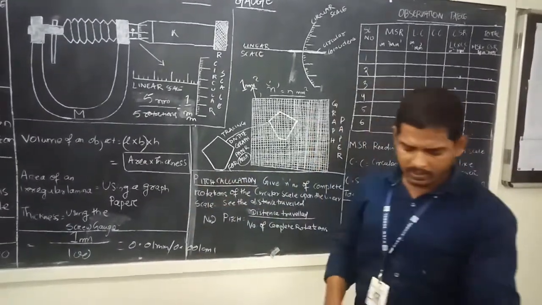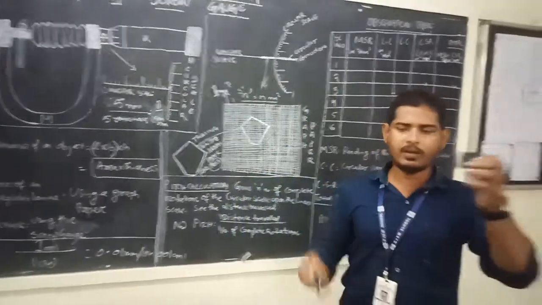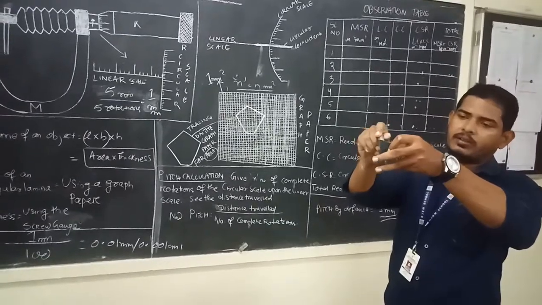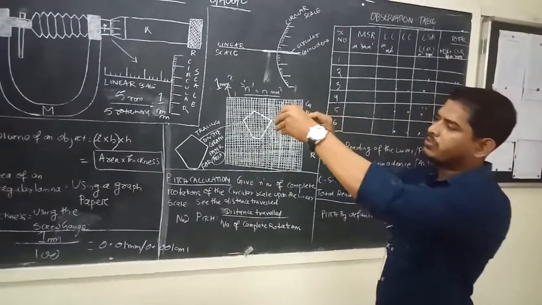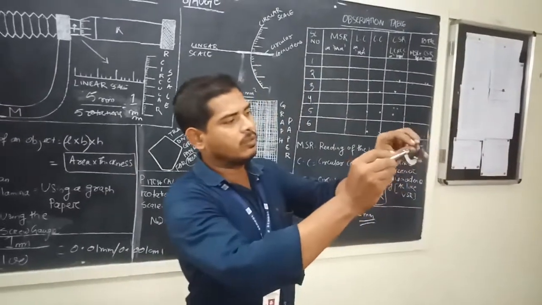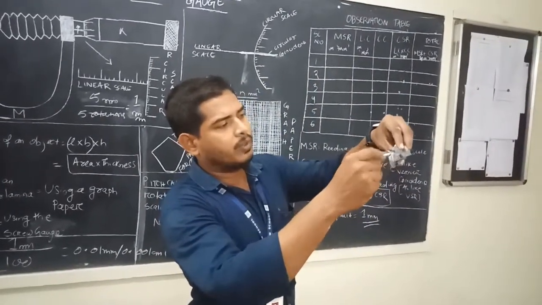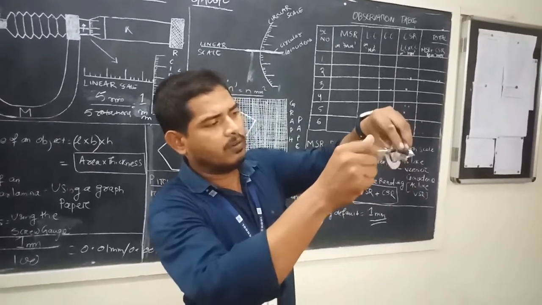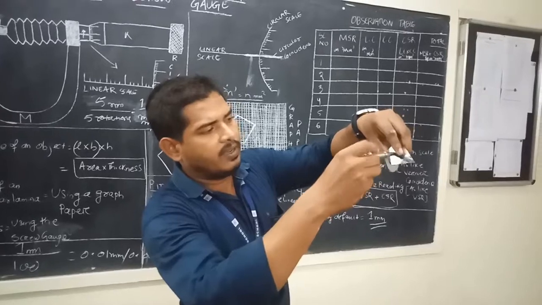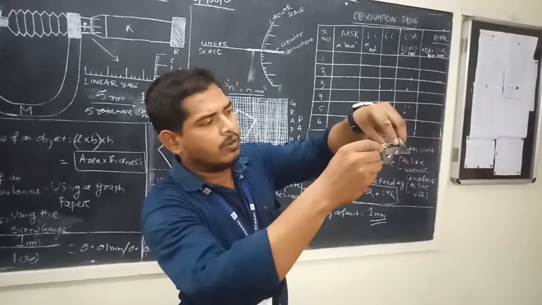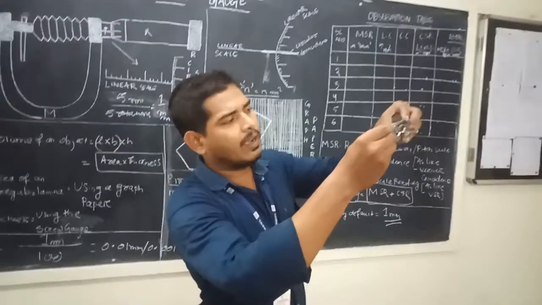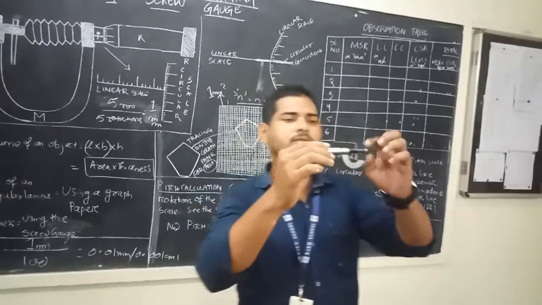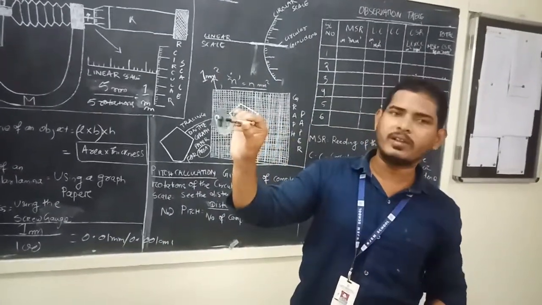Now thickness. For thickness, you have to take this lamina and fix it in between the two heads and tighten it, or rotate the screw in such a manner that the lamina is fixed in between these two heads. Now the lamina is being fixed. Don't apply maximum force, otherwise you will develop a crack in this glass piece. Just make sure that the screw heads hold a definite grip.